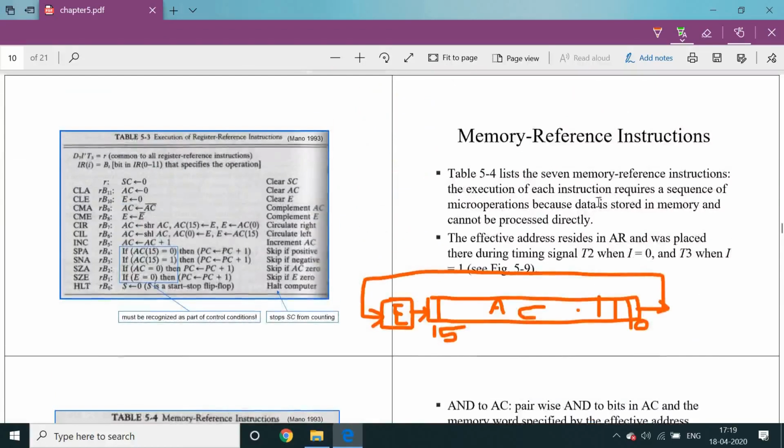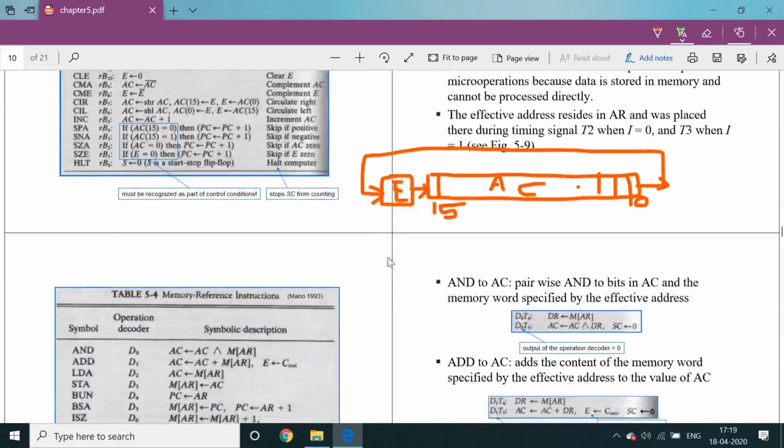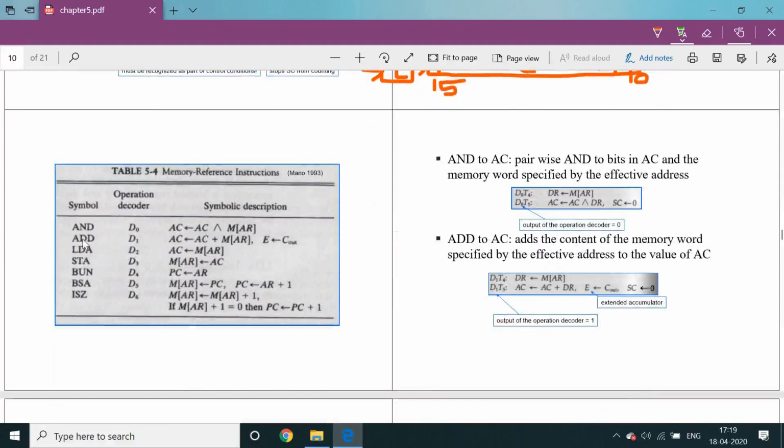Next, the effective address resides in the address placed there during time signal T2 when I is equal to 0, and T3 when I equals 1. These are the memory reference instructions. D0 indicates AND, D1 indicates the ADD instruction, D2 indicates